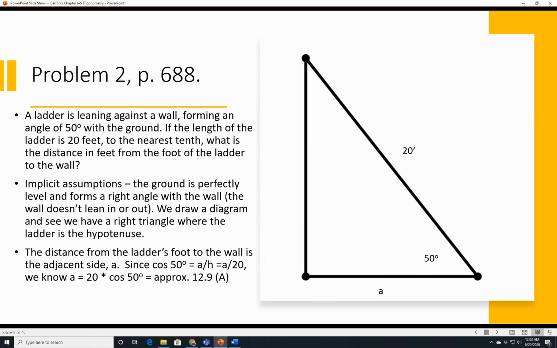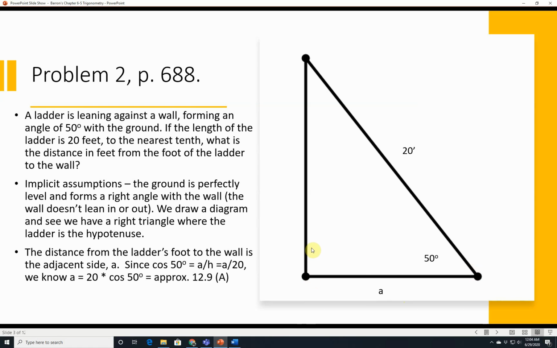Problem 2 on page 688. A ladder is leaning against a wall forming an angle of 50 degrees with the ground. If the length of the ladder is 20 feet to the nearest tenth, what is the distance in feet from the foot of the ladder to the wall? So the implicit assumptions here is the ground is perfectly level, just like the base of a right triangle that